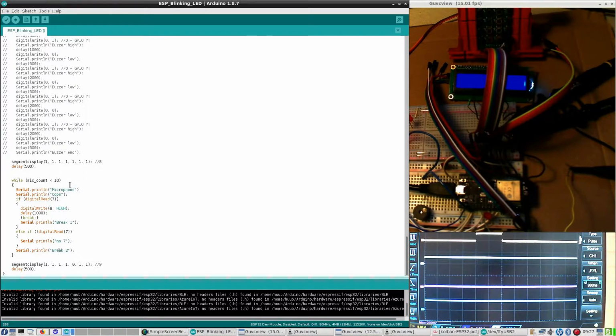and then here of course mic count plus plus, assuming that will work. So that means that mic count is increased by 1. So it will happen only 10 times that it goes by, and in those 10 times something should happen. Let's do it,